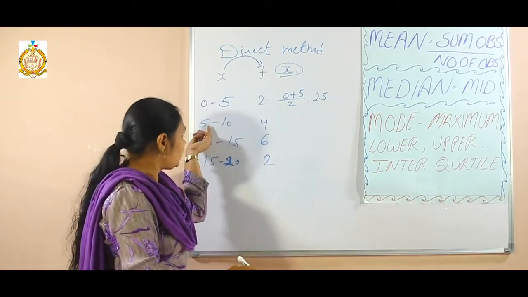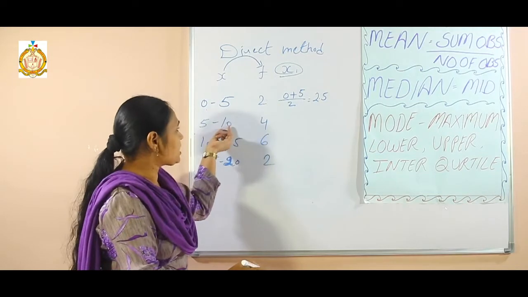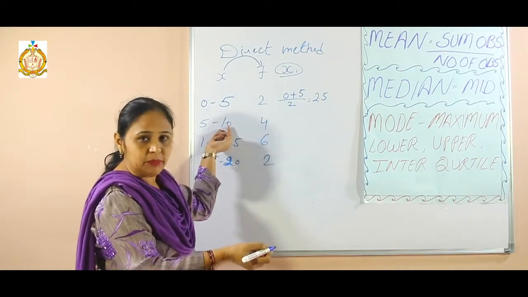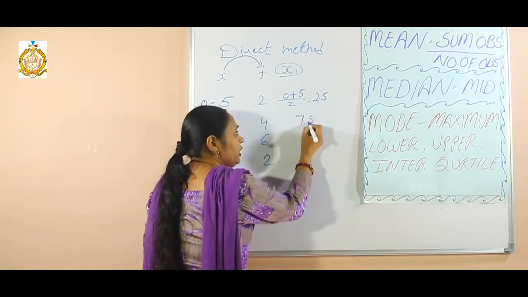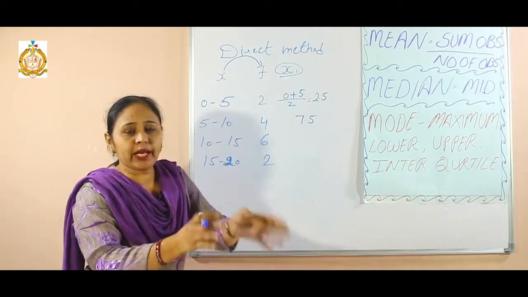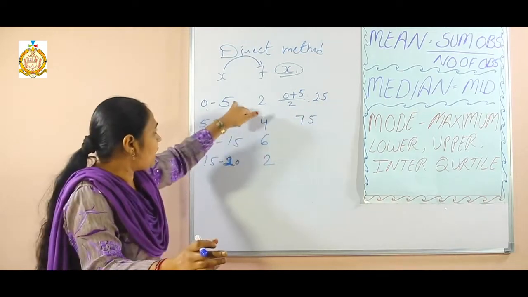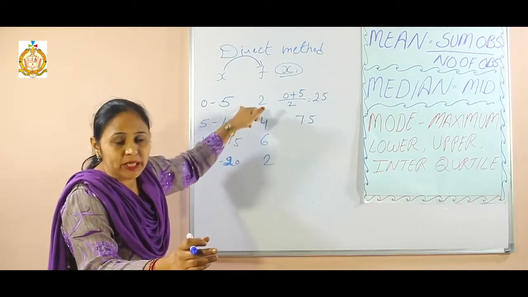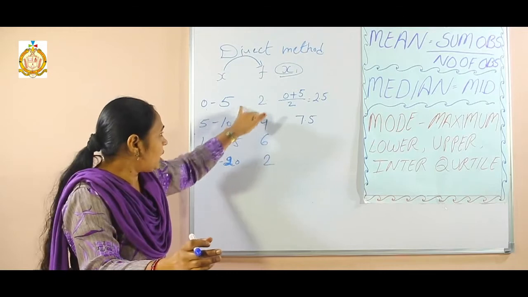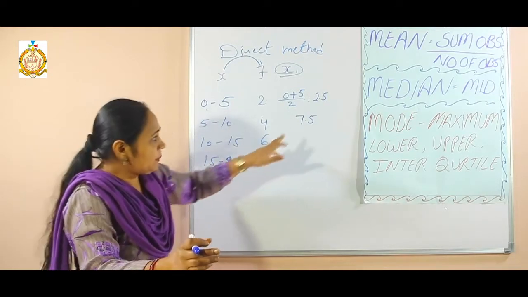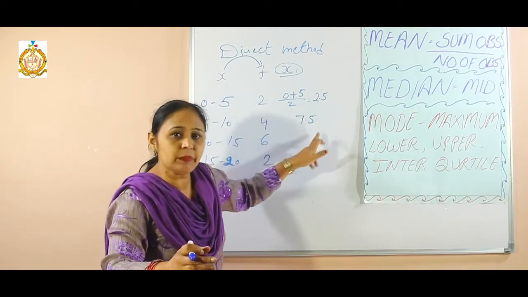Then summation of this lower and this one, 5 plus 10 become 15, divided by 2, that becomes 7.5. No need to add each number and divide. We have to just find the first number, then we have to take this size. What is the difference between these numbers? There is a difference of 5 each. That means we have to just increase each number by 5.